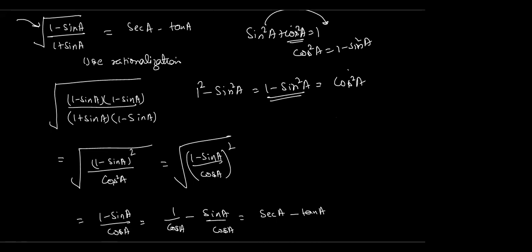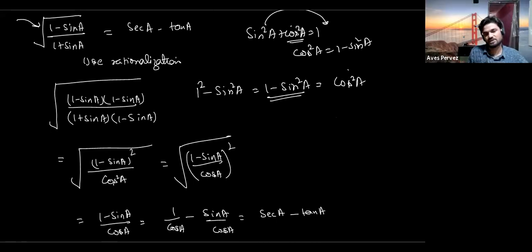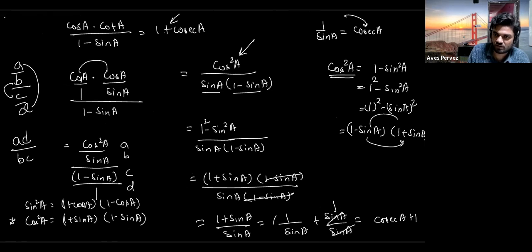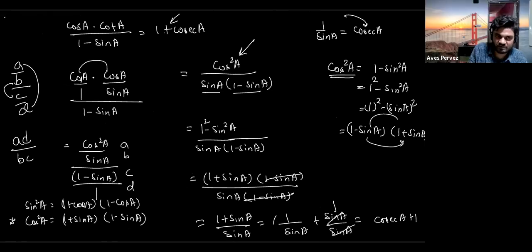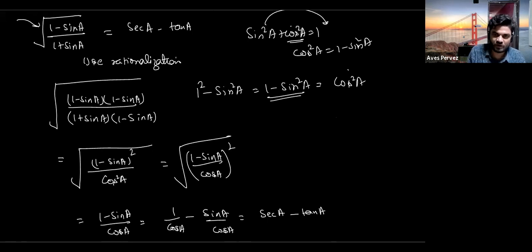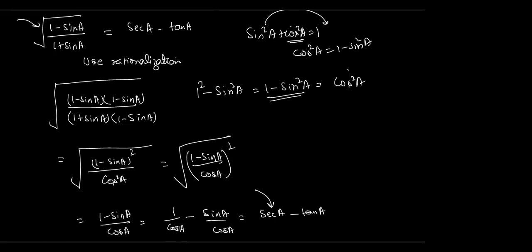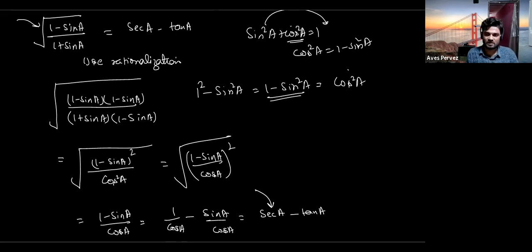Now what we need to do here is that we don't need the denominator. What did we do when we don't need the denominator? We split the terms. Likewise, we have to split these terms also. We can write it as 1 upon cos a and 1 minus sin a upon cos a. So 1 upon cos a minus sin a upon cos a. 1 upon cos a is actually sec a, and sin a upon cos a is equal to tan a. So we have got this one. Got it?